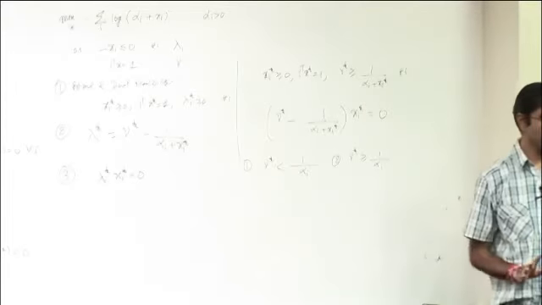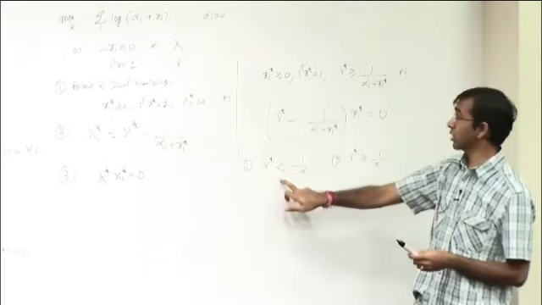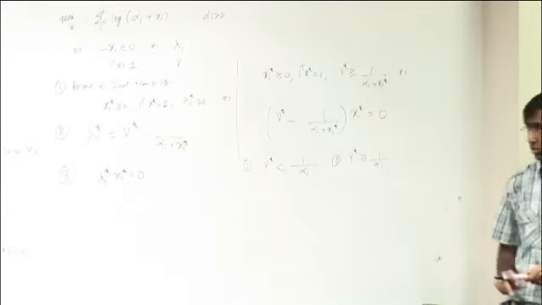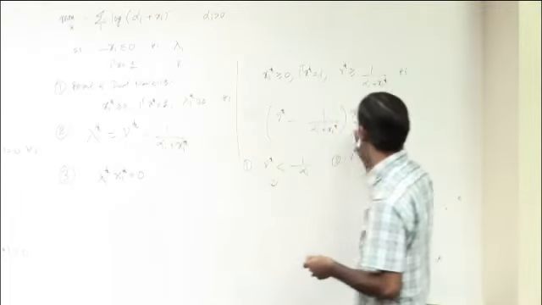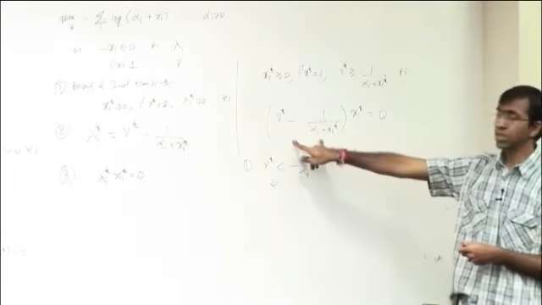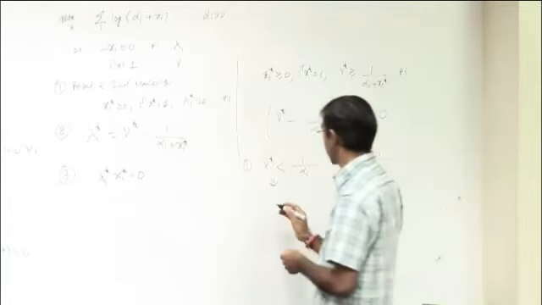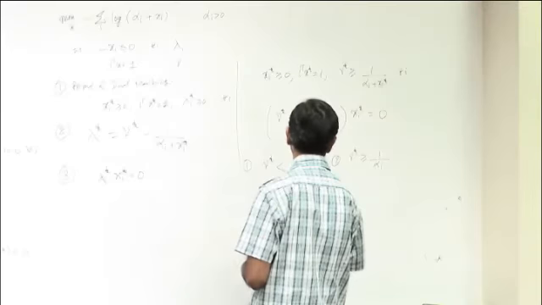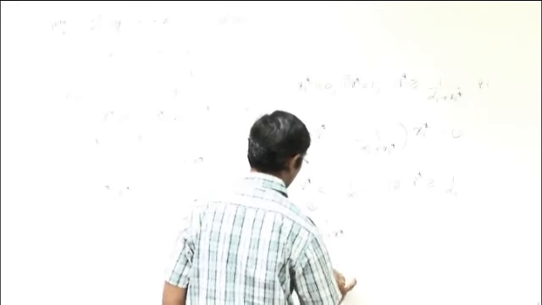So that can happen only when xi star is positive. Otherwise, it cannot happen, since this is a strict inequality, strictly less than. So xi star has to be positive, and if xi star is positive, then this quantity has to be 0. So this implies that nu star is equal to 1 by alpha I plus xi star, that is, xi star is equal to 1 by nu star minus alpha I